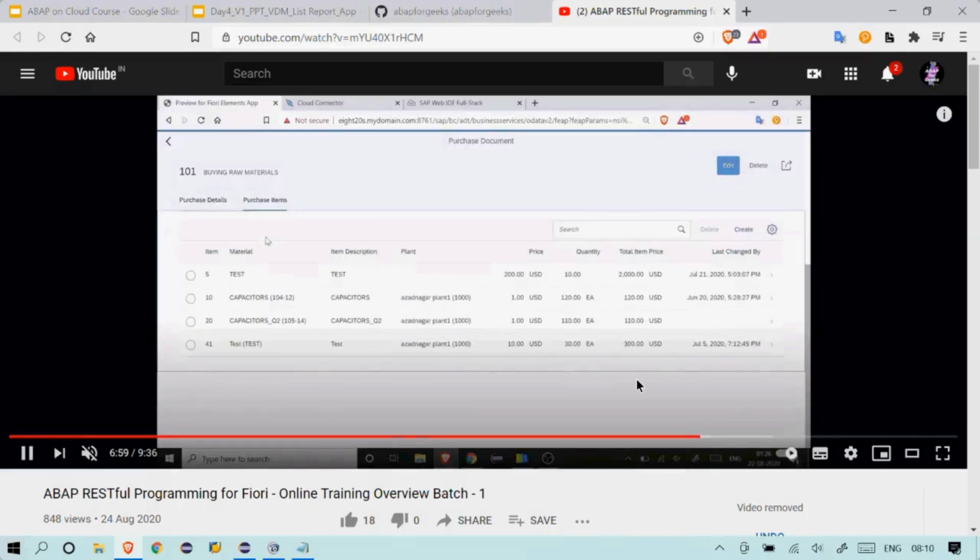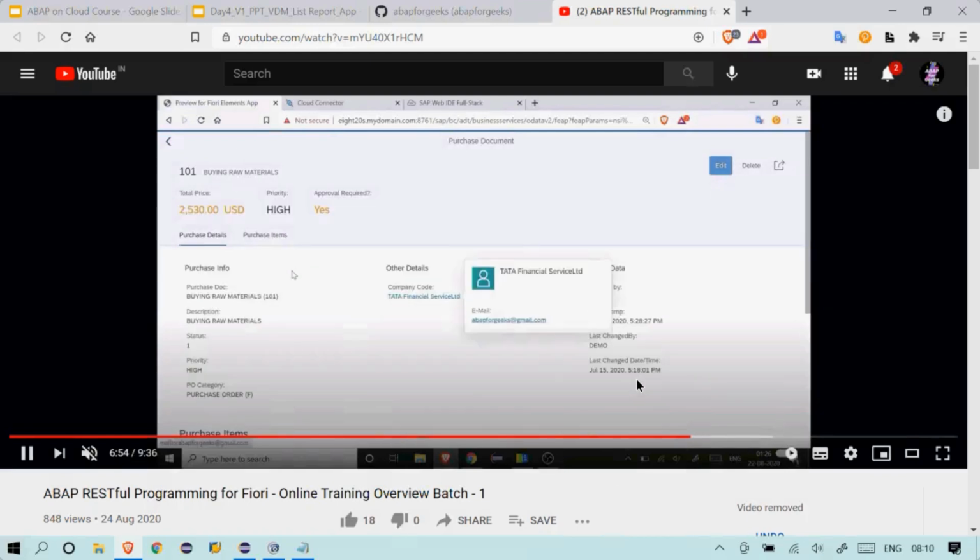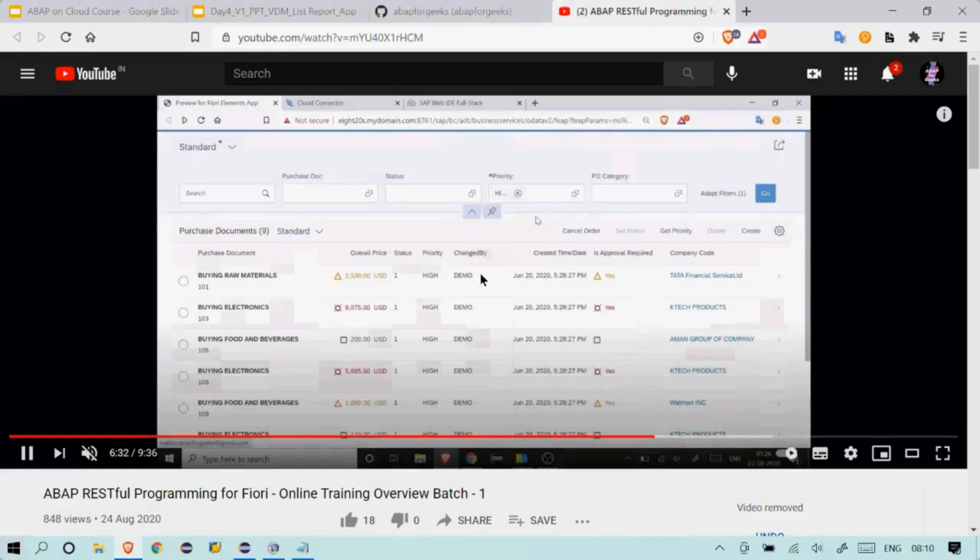Okay, so this is the app we are going to create. We are not going to add transactions yet, but this is the application we are going to create. On top of this application, we are going to add our actions or whatever things are required. This is how we are going to create the application, just to give a heads up.